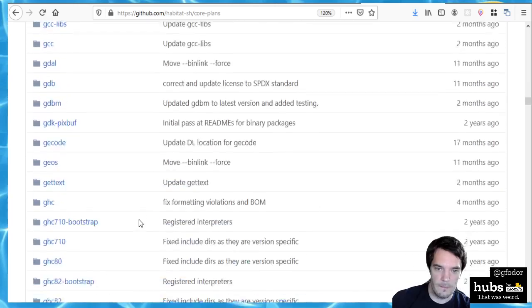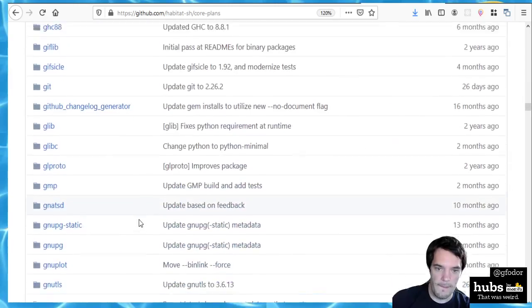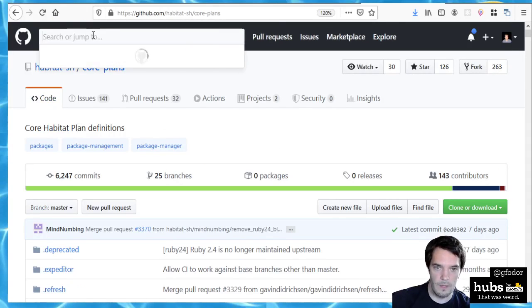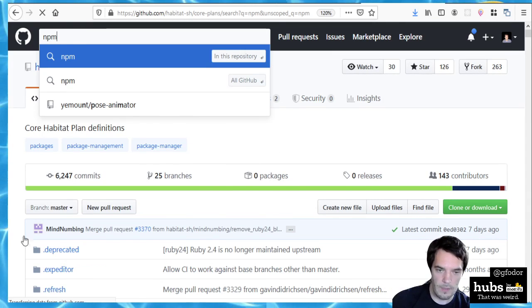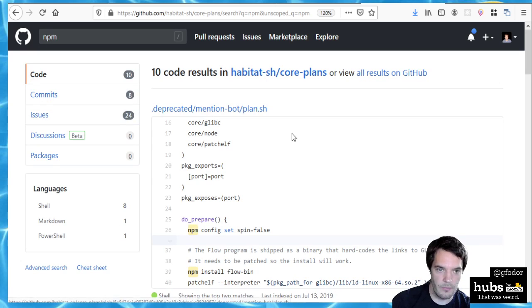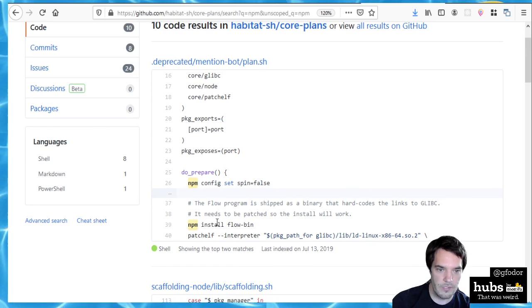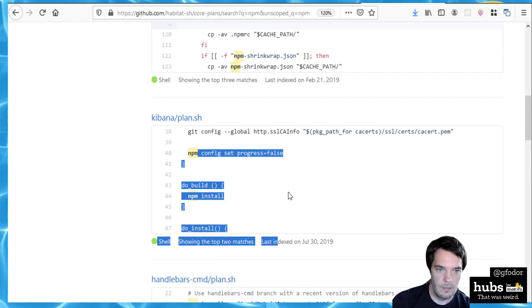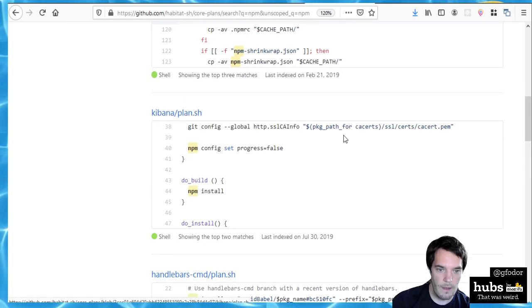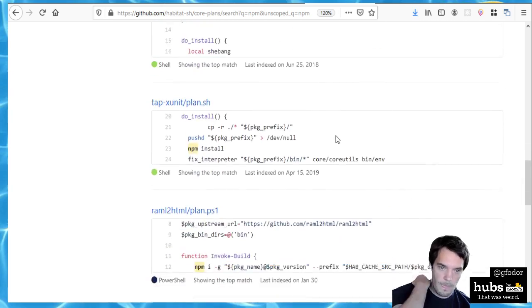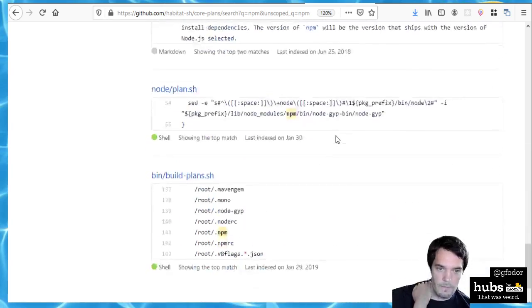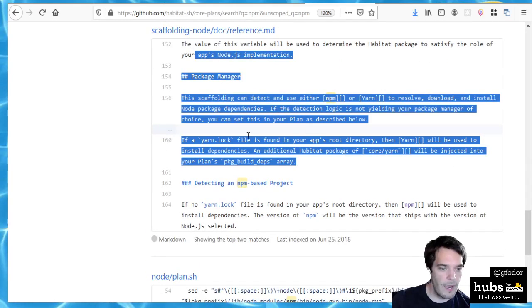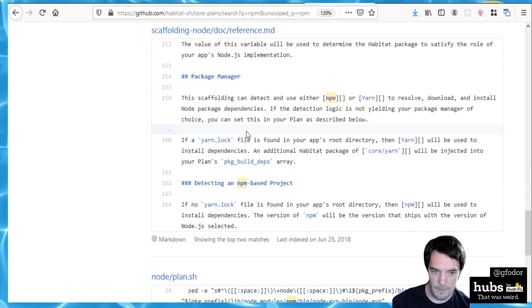Let's see. Yeah. What I'll do is I'm going to just search for npm in the repo itself, and then we'll look and see if we can find one. So, okay, here's Kibana, which is deprecated. Take a look at that one. I want one that is like a server probably. And there's also this concept of scaffolding, which is a kind of magic thing to package up node